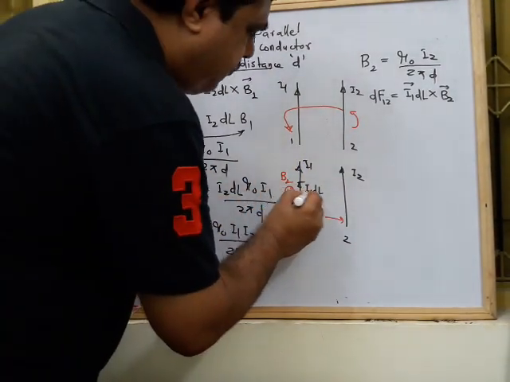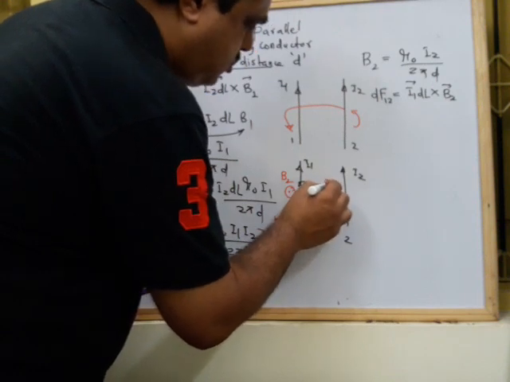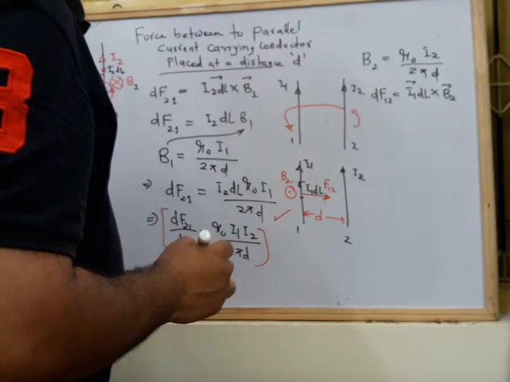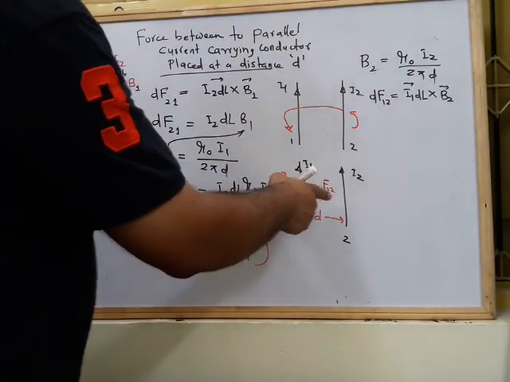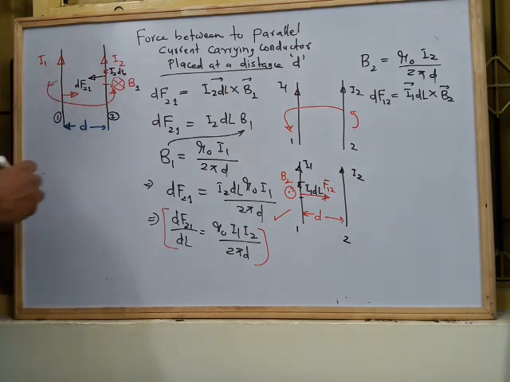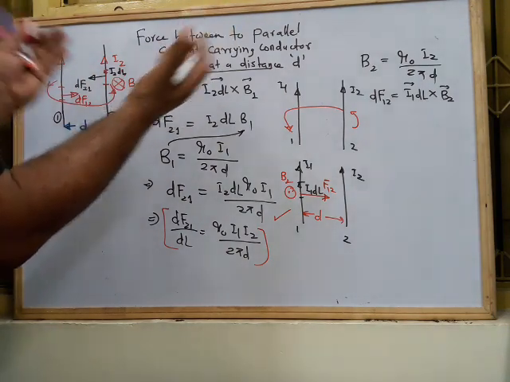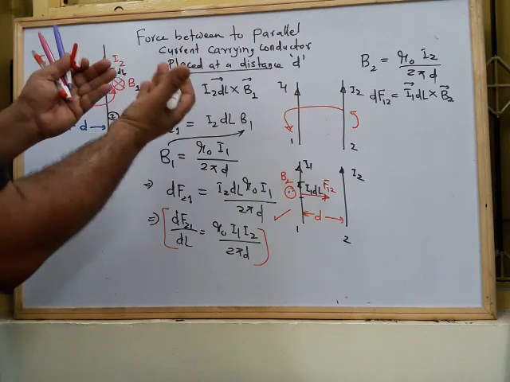Then you can at once say that there is a force acting in this direction, and this force, your force on 1 due to 2, is acting like this, okay. So here you find that the force is acting like this, means on this wire there is also a force like this. So you can say this force is small component में कितना हो जाता है dF1 due to 2. So these two wires will now attract.